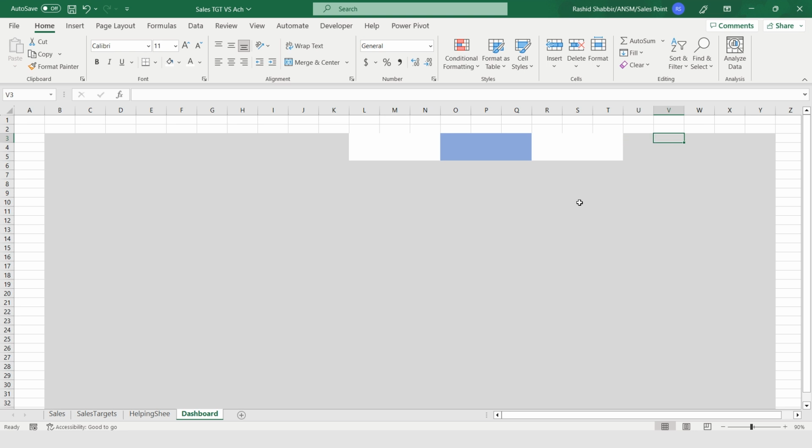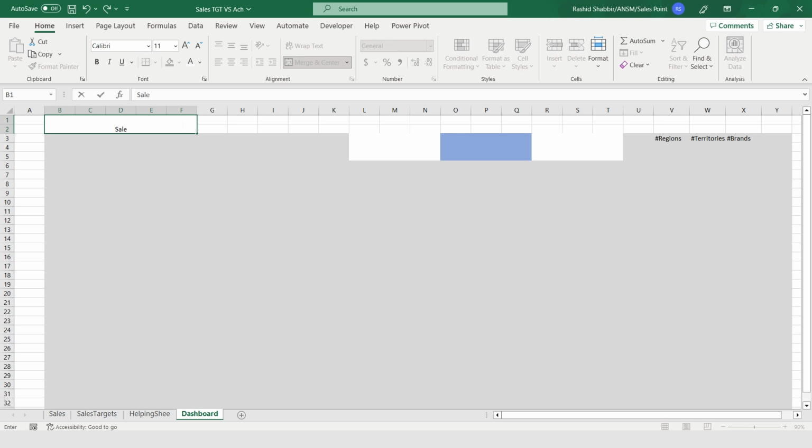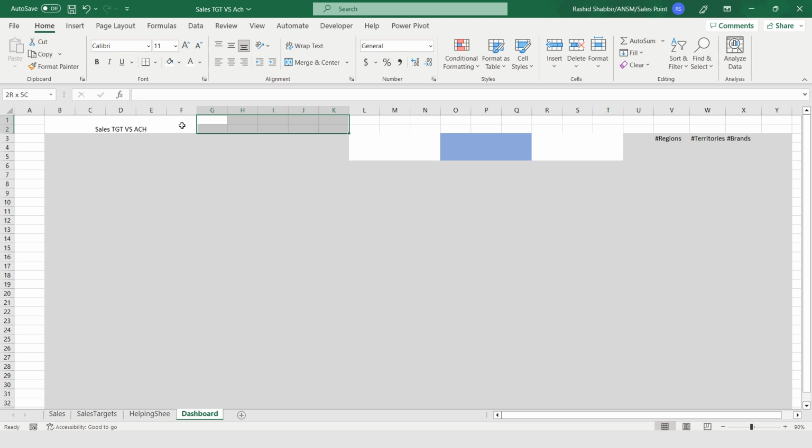So here I will be displaying my regions. Sales target versus achievement. Here I will be writing KPI, key performance indicator.